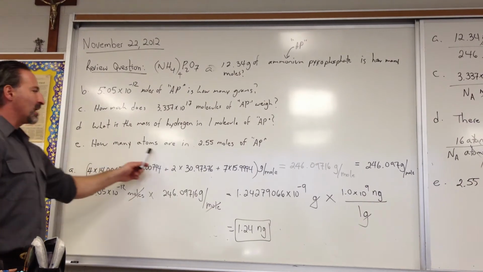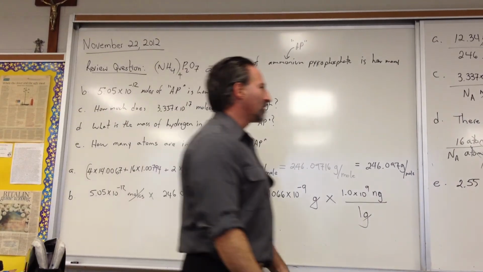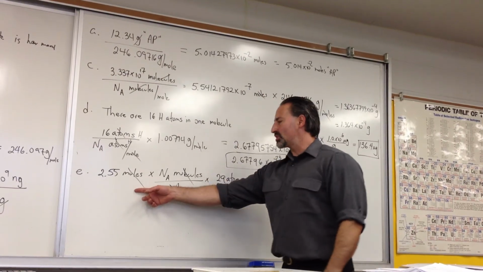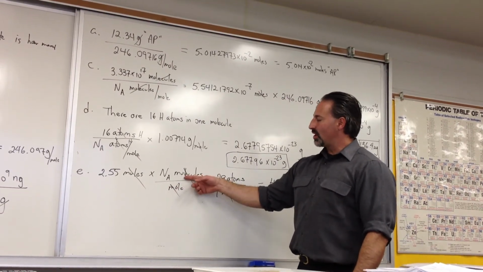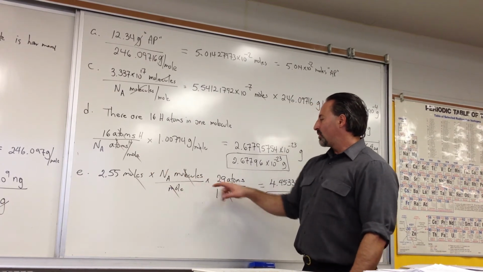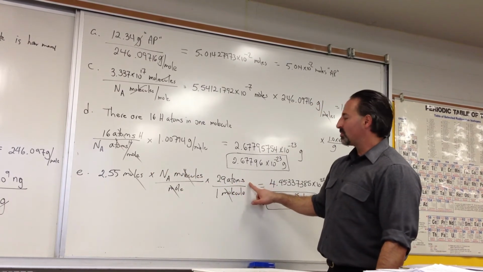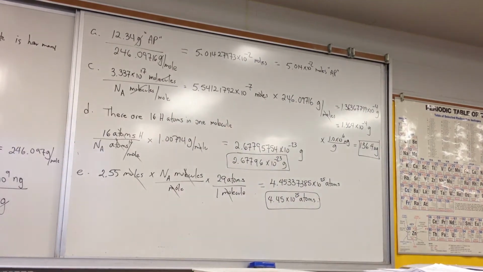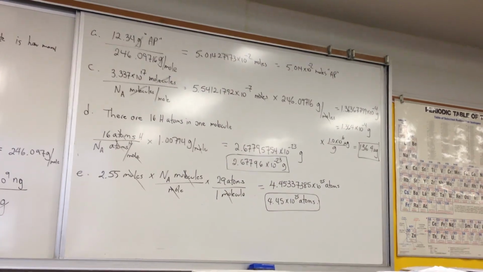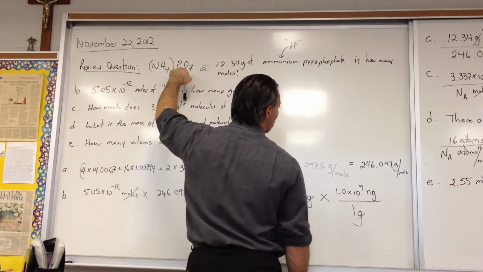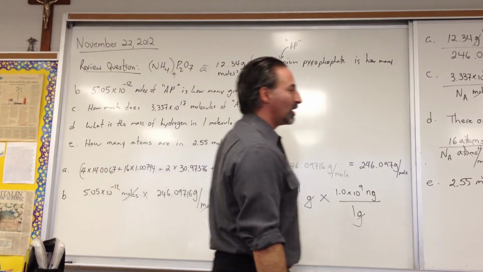Then we ask how many atoms are in 2.55 moles of ammonium pyrophosphate. We start off with the number of moles, 2.55 moles, times Avogadro's number of molecules per mole. Moles will cancel. And then we recall that there are 29 atoms per molecule. If you see ammonium pyrophosphate, you can count it up. There's 4 nitrogens plus 16 hydrogens. That's 20 atoms. 20 plus 2 phosphorus will give you 22, plus the 7 oxygens give you 29 atoms in one molecule of